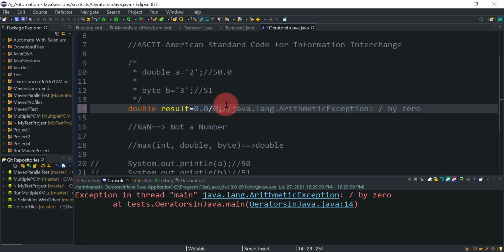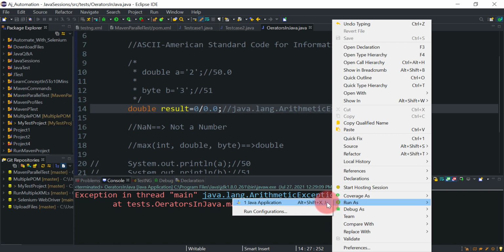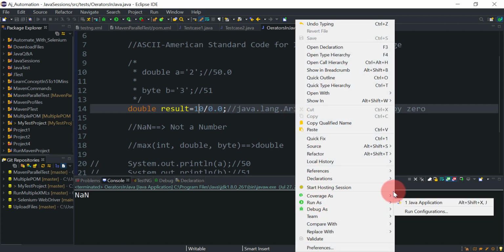And if I just revert this to 0 divided by 0.0 and run this, okay, still we got NaN. And if I make this 10 divided by 0.0, let's run this.